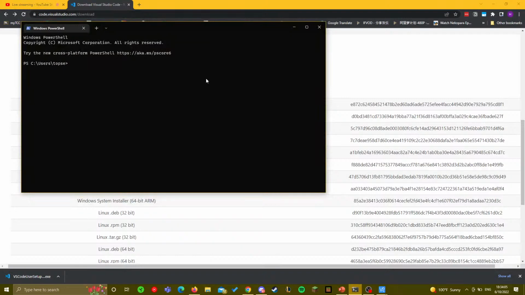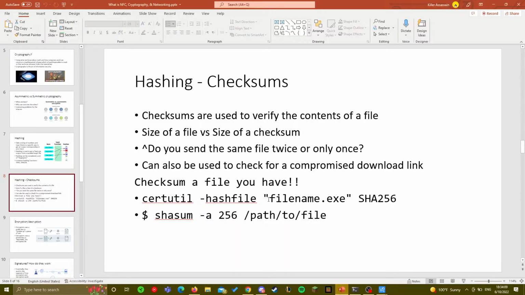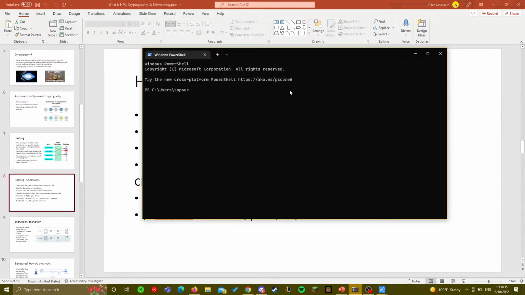If you want to do that, you can open terminal. I have both the commands here. For Windows and Mac, they already have them pre-installed. For Windows, it'd be certutil -hashfile, the name of the file, and the hash algorithm you want to use. And then for Mac, it'd be shasum -a, and then the number corresponding to the SHA algorithm, and then the path to the file. So if I show you that,